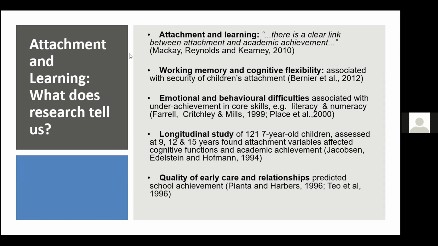But findings have essentially showed that there is a relationship between attachment and academic achievement, and the kind of factors that are influenced are children's ability to learn, which again goes back to that sense of security and willingness to explore, their ability to sustain attention, so the development of those concentration and attention skills, their cognitive and memory functions.